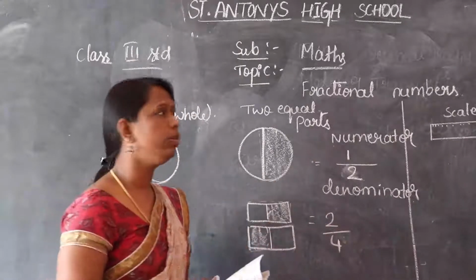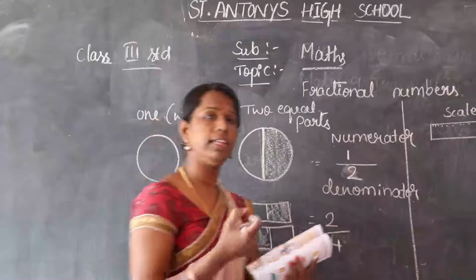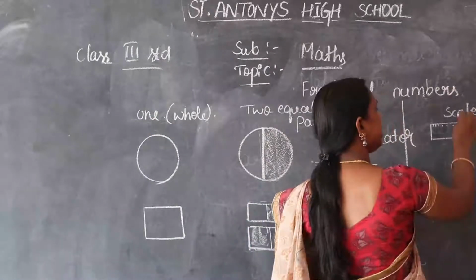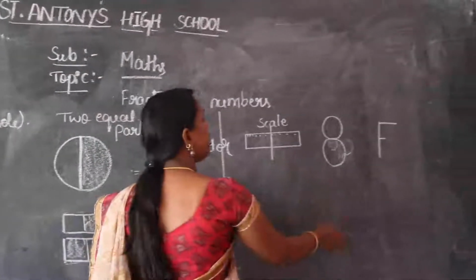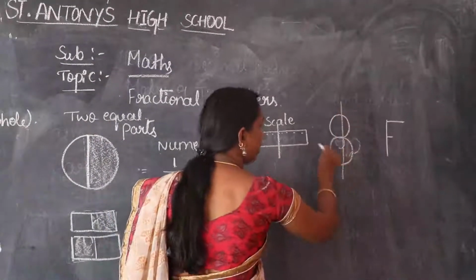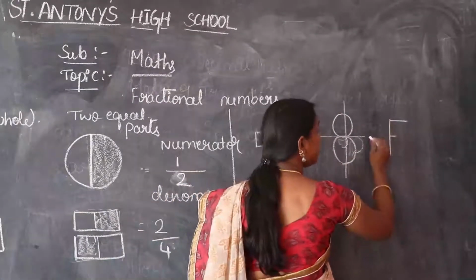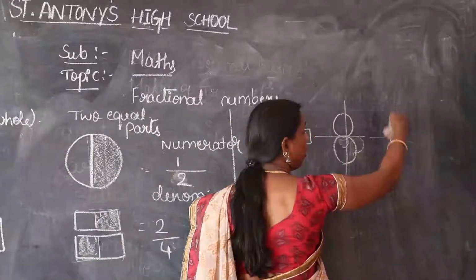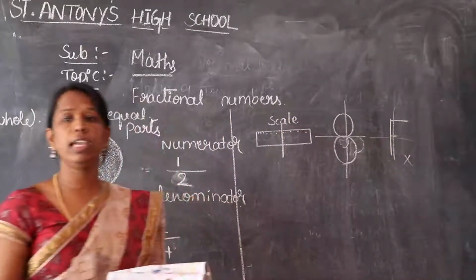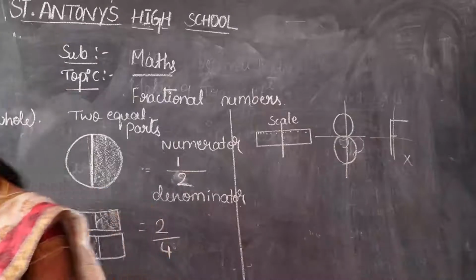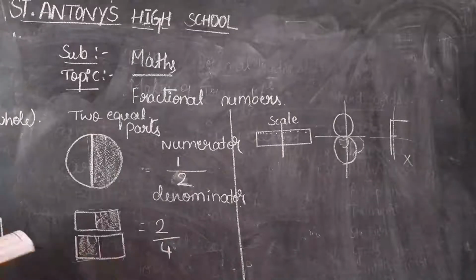So like that we have to cut the whole into equal parts. If we get equal parts, that is called fractions. If we cut this, we get two equal parts, and if we cut here or here, we also get two equal parts. But if the cut is lateral, horizontal or vertical and does not give two equal parts, it is not a fraction. Okay children, if we get half or equal parts, then it is called what? Fractions.